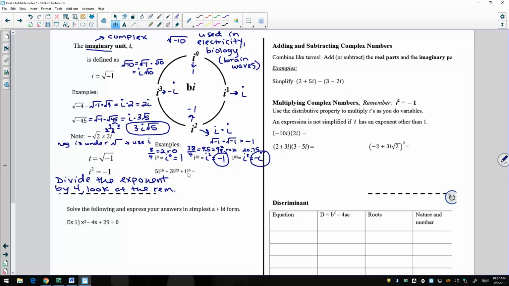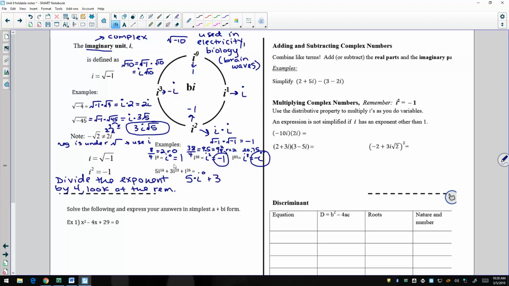Now this one's a little trickier because there's numbers out in front. Well, they stay what they are. That's just a 5. You need to figure out what I to the 16th is equal to. It's either going to be 1, I, -1, or -I. Well, if you divide 16 by 4, there is no remainder. So that means I can rewrite I to the 16th as I to the 0, plus